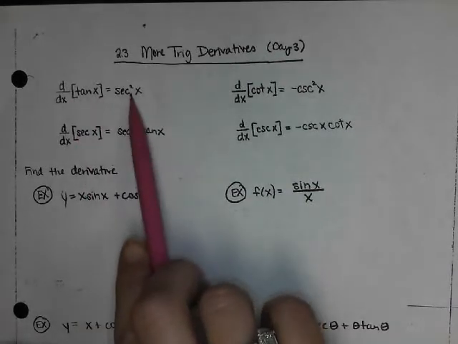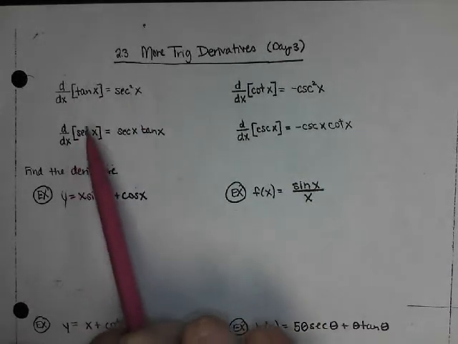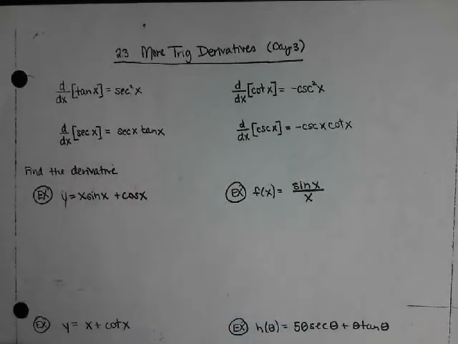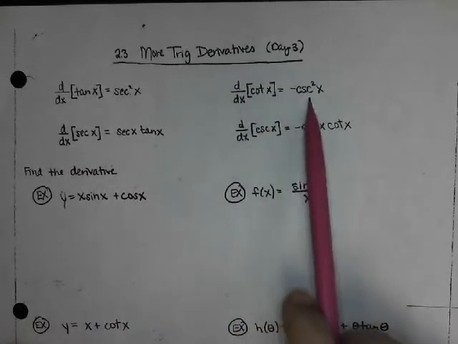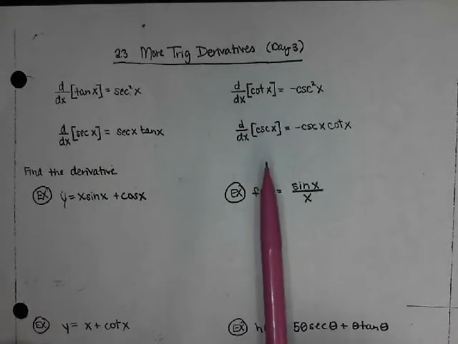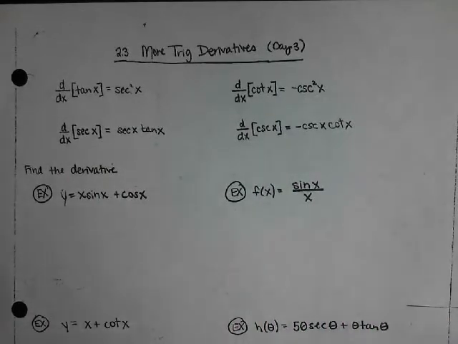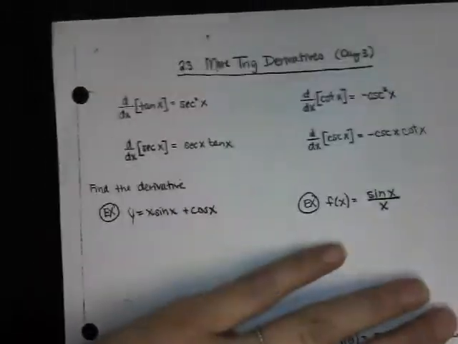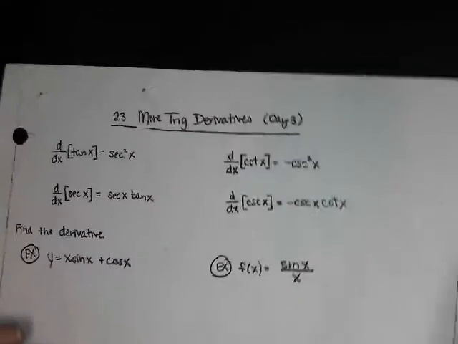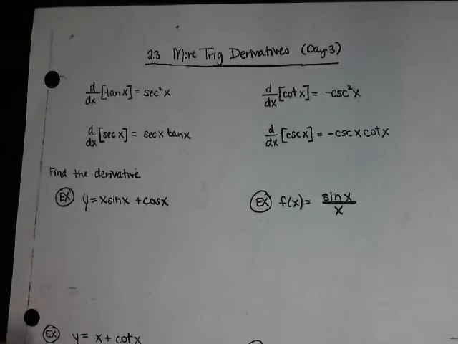The derivative of tangent is secant squared, and the derivative of secant is secant tan. Derivative of cotangent is negative cosecant squared, and the derivative of cosecant is negative cosecant cotangent. 4 more that you have to memorize, and we'll work with them more, especially now that we know our product